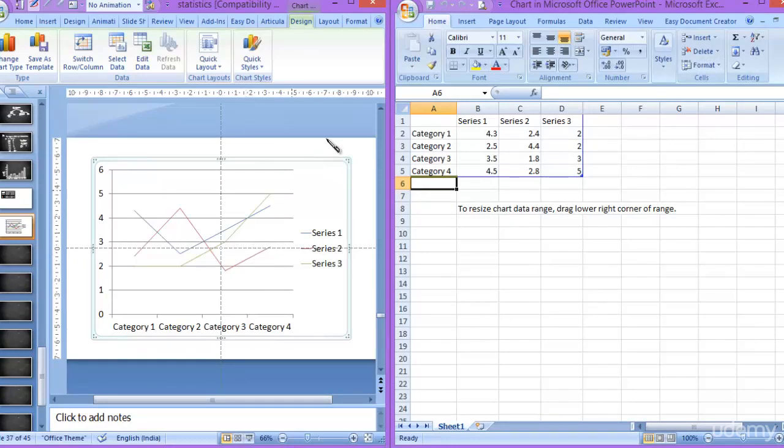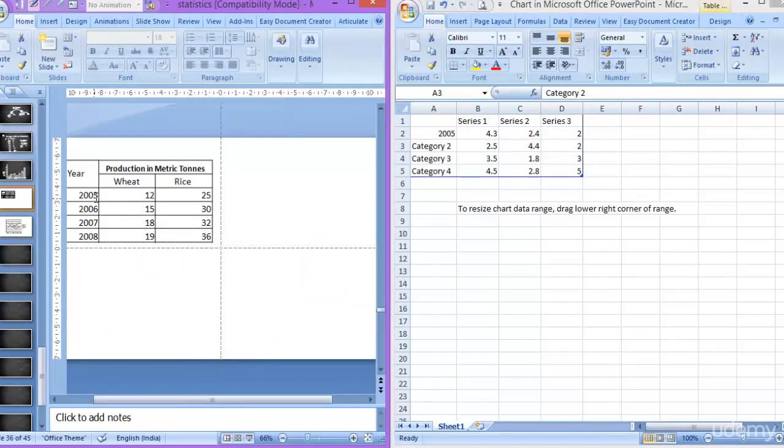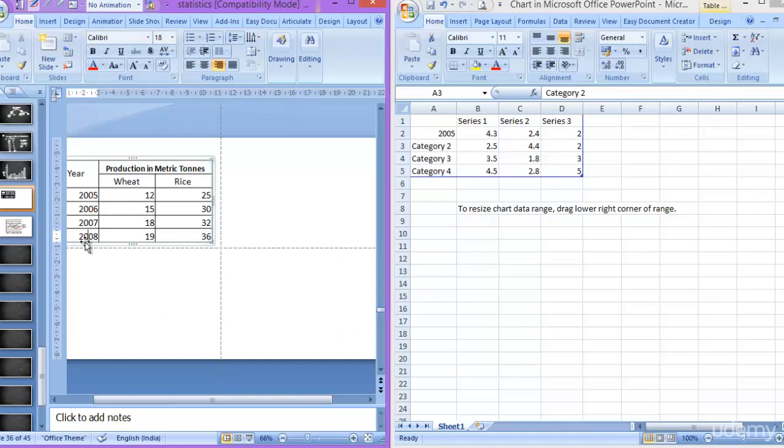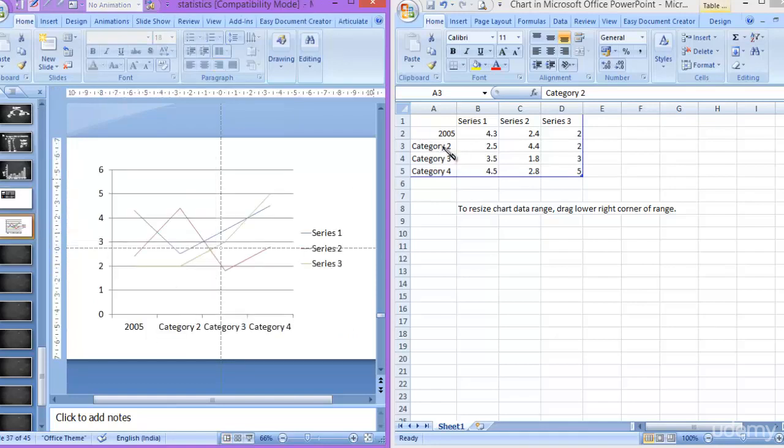So what is your category? Our category is basically year. It is 2005. So see, once this chart comes, it comes along with the Excel file wherein you can feed the data which is required. So your category is now basically this horizontal line, which is nothing but our data. The data what we have is 2005, 6, 7, 8. So we'll key them here, 2005,